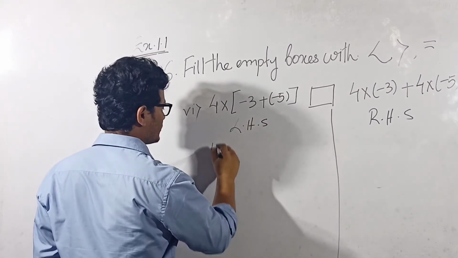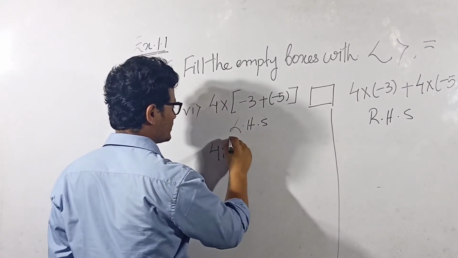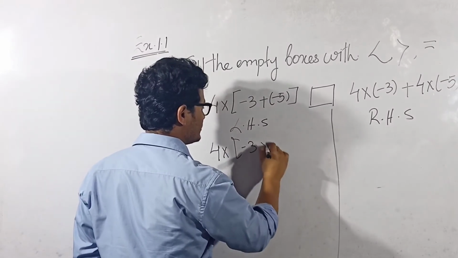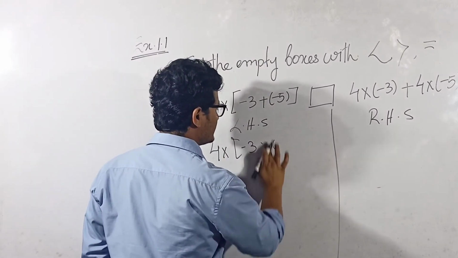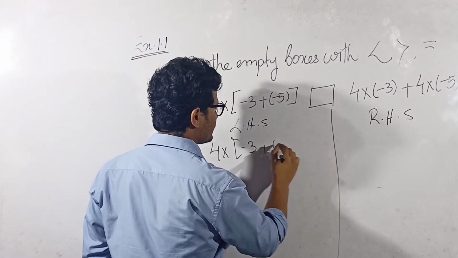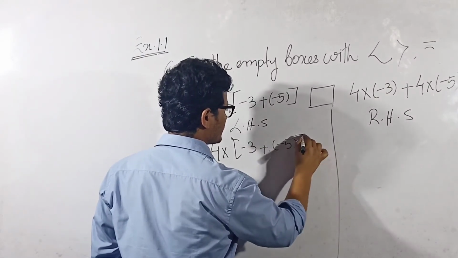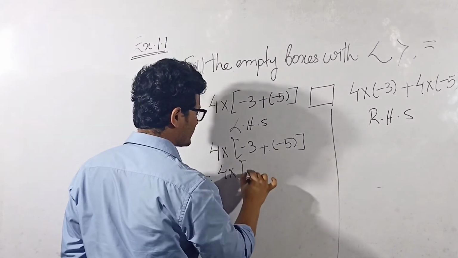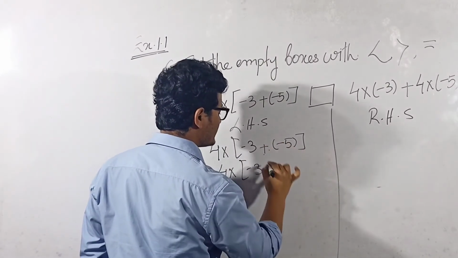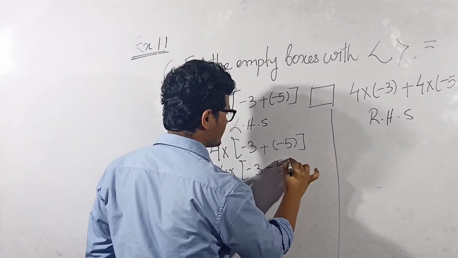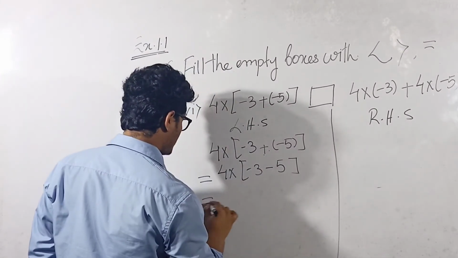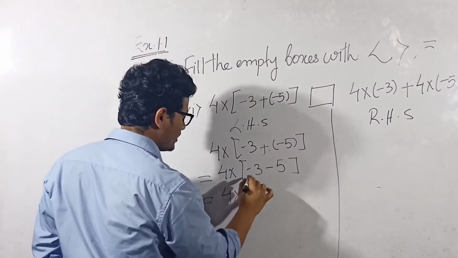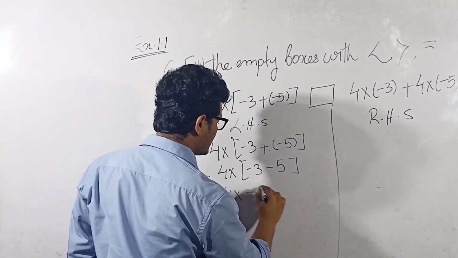What is 4 into -3 into -5? Okay, what is the answer, 4 into -3 into -5